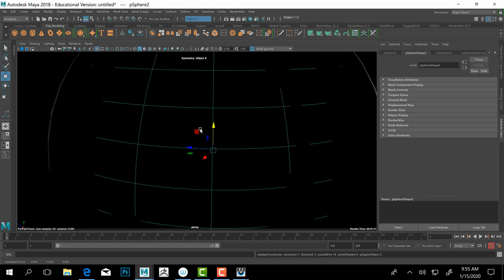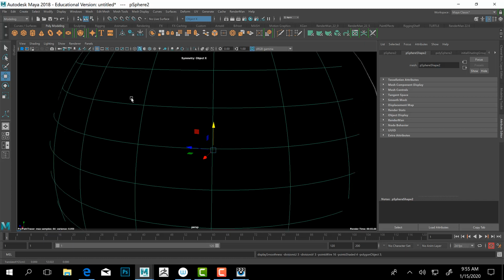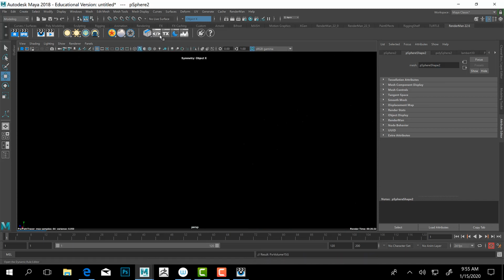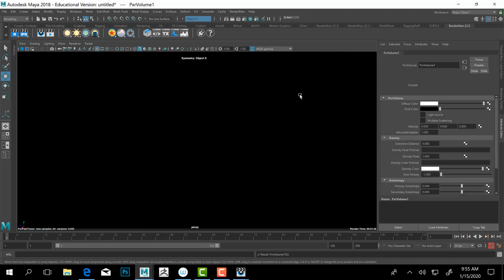So what it is, I went ahead and made a sphere, and I put an object light inside of it. Now I'm going to apply a volumetric to it. I'm going to go to the sphere with the cloud on it right here, right click and do create Pixar volume. And you're going to see nothing. The reason why,